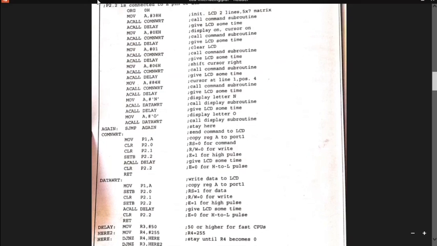That much time delay happens. Madhumita, understood the time delay? Yes, ma'am. So after the time delay, there is the RET instruction. When the RET instruction is given, it goes back to where it is called.